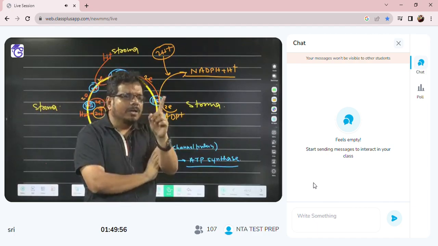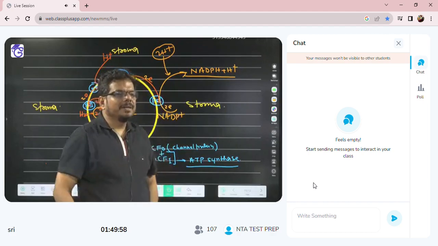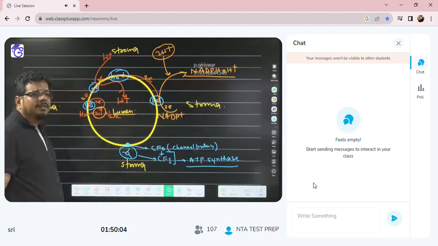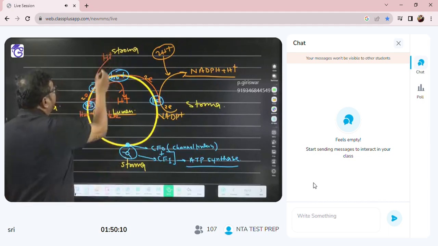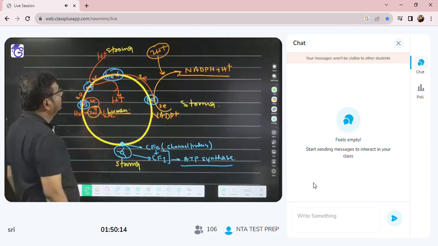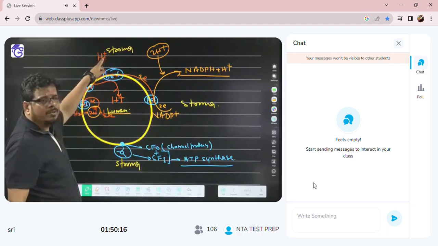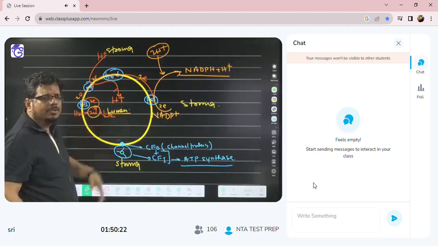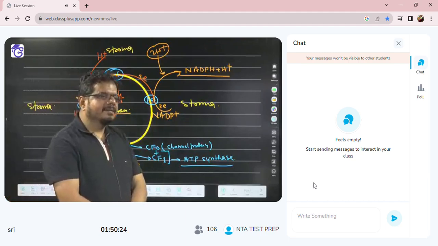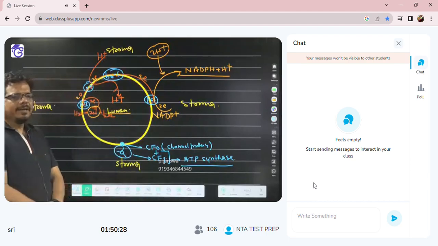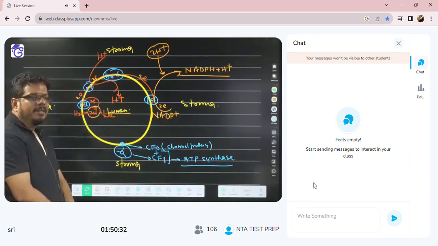And you adopted all three methods. When electrons move from PS2 to PS1, energy is released, and that energy is used in pumping of protons from where to where? Stroma to lumen. So who snatched the proton from the stroma? Lumen has snatched the proton from the stroma. Na? Who is in loss? Stroma. Who is in gain? You got the idea? Understanding the idea? Did the picture come or not?